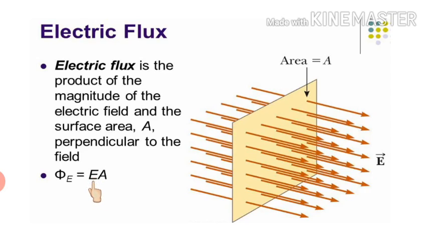Now here it is simply written EA. So why is it written EA? Because in this picture we can clearly see that the area vector and electric field are both in the same direction. It means the value of theta is 0, because theta is the angle between the area vector and the electric field. In this picture both are in the same direction, so theta will be equal to 0, and cos 0 gives us 1. So that's why it is written over here phi is equal to EA. But basically, what is electric flux? It is the dot product of electric field and area vector.